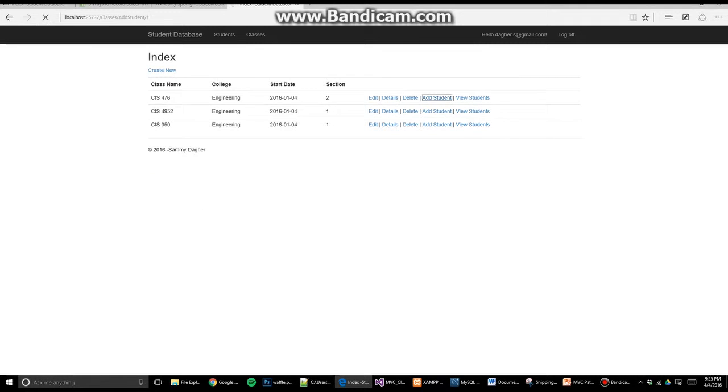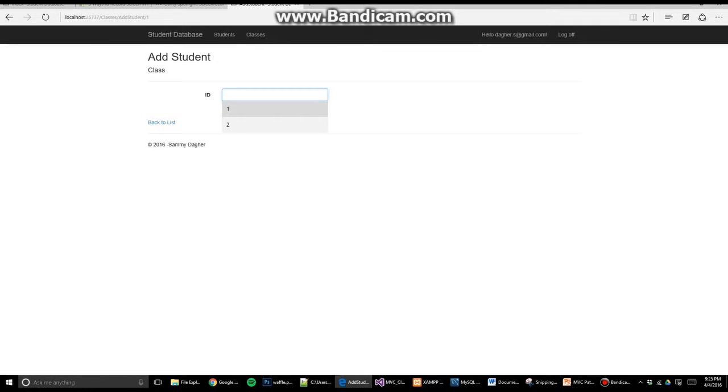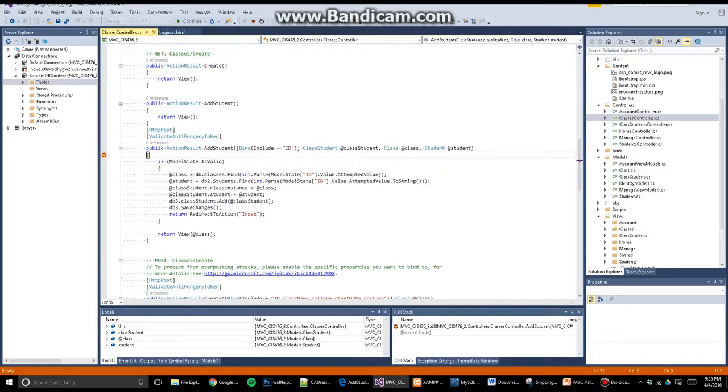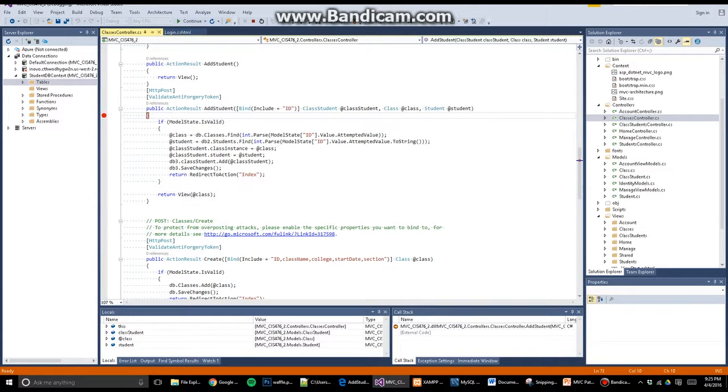You can also add a student. So if I wanted to add student number 1, I think that was my name, I'm going to click add. Oops, I have a breakpoint. Actually, I can just step through this and show you what goes on. This is in the controller class, so this is your class's controller. I added a method that says add student. So if the model is valid,